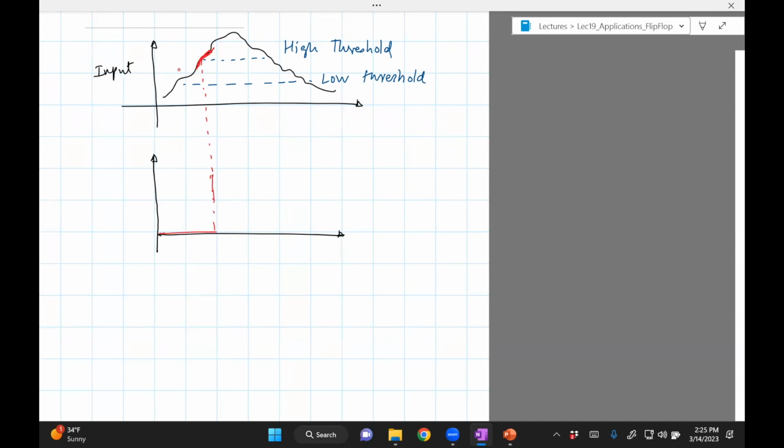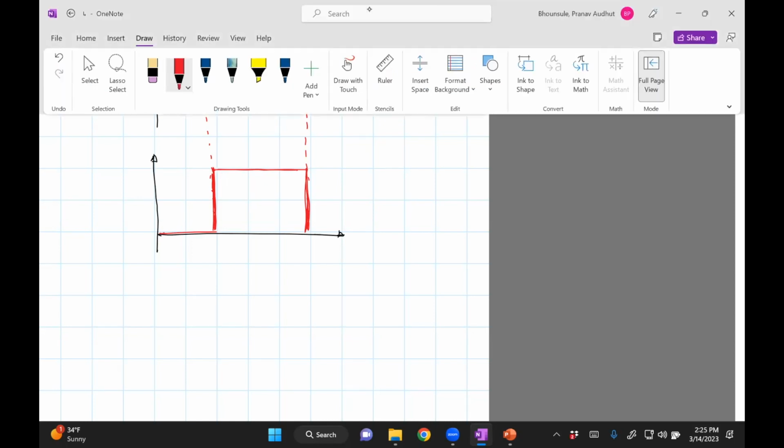But when the voltage decreases, it no longer uses the high threshold to go down. It will use the low threshold to go down. So it uses not only the value, but also the kind of input signal, whether it's increasing or decreasing, to figure out when to turn high or low. So the output is